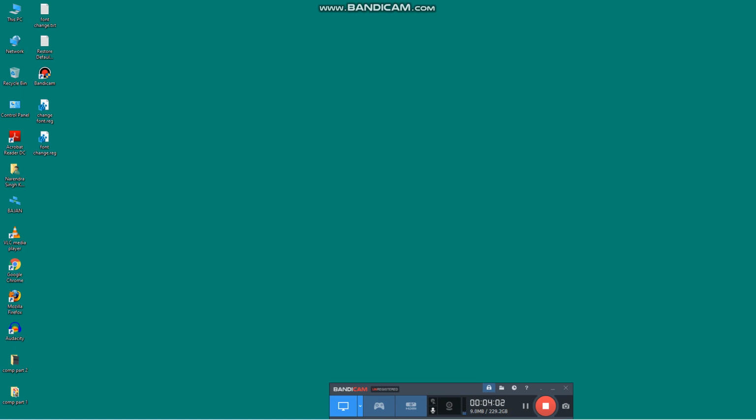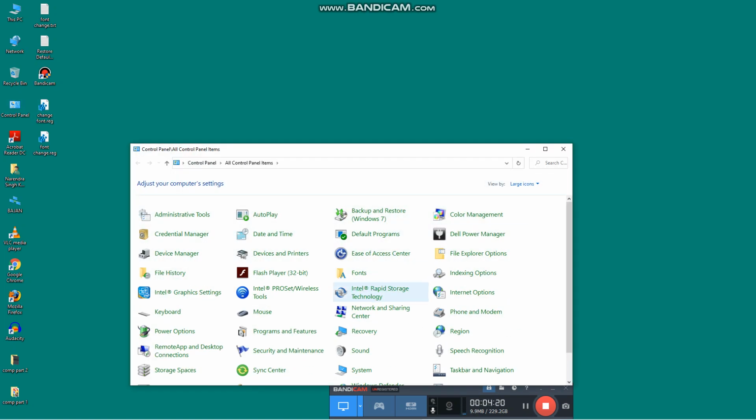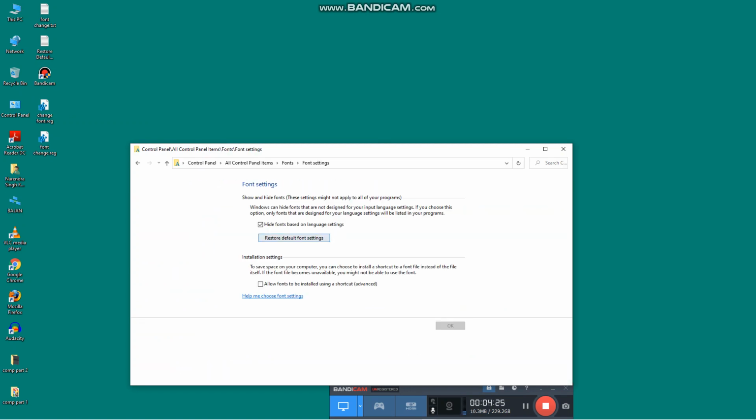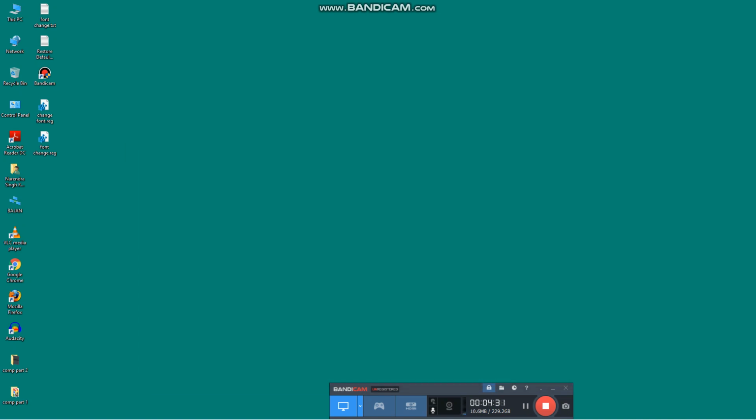After that, if you want to change back to your earlier default font, you have a separate code for that. Sometimes people go to the control panel, then into the font section, and in the font settings they try to restore the default font settings. If you try this, nothing is going to happen, because you have already changed your default font, and now the default font setting will work for this changed font. So this is not going to change. For restoring your default font, there is one separate code.